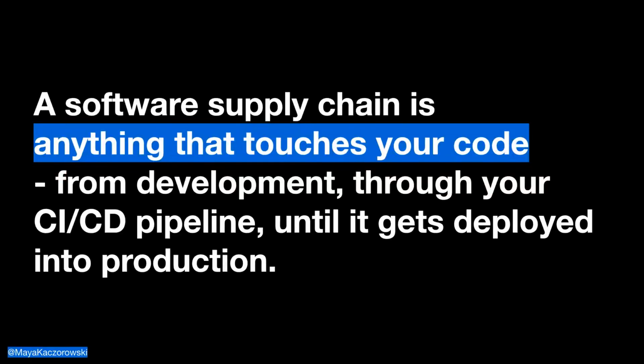Let's think about what a supply chain is to begin with. A supply chain is anything that you depend on to deliver your end product. So for a pharmaceutical company, it's the provenance and the verification of ingredients that go into each drug to ensure high quality. For a chocolate bar that you might buy at the store, it's a list of ingredients on that package and some information about nutritional information and contents, maybe which ingredients are organic, as well as which facilities they were produced in, and if those came in contact with peanuts, for example. And so when you think about a software supply chain, it's the same idea.